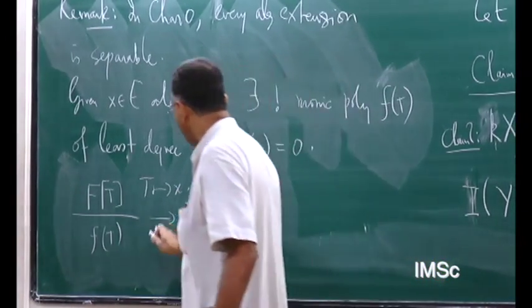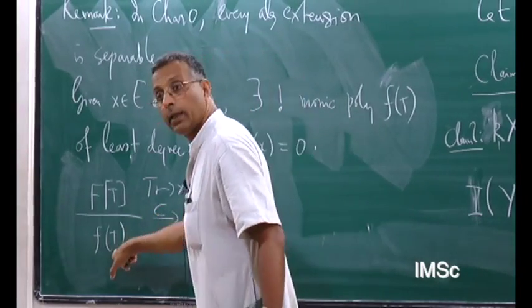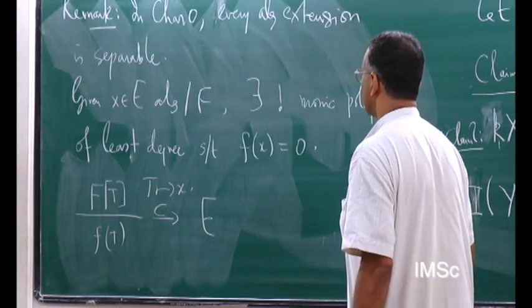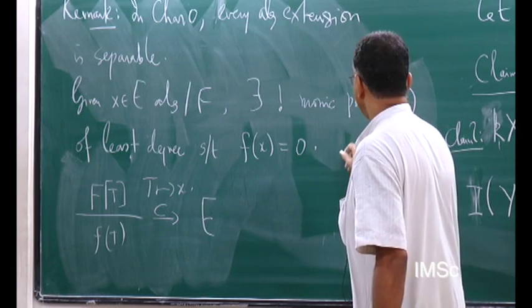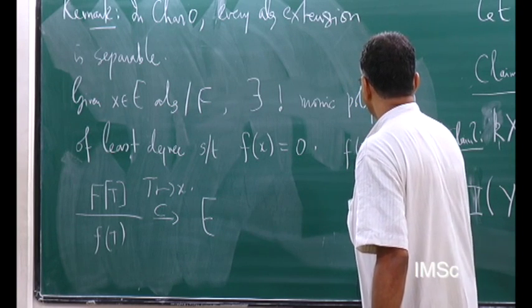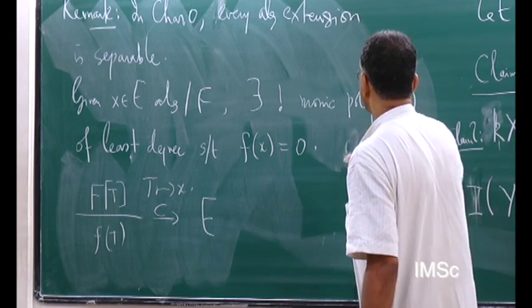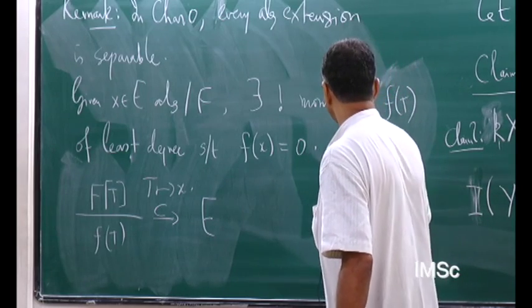This map will be an injection, precisely because the point is that this f